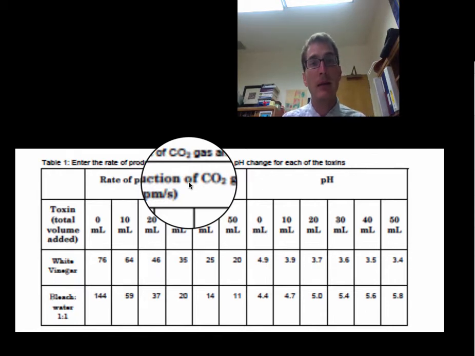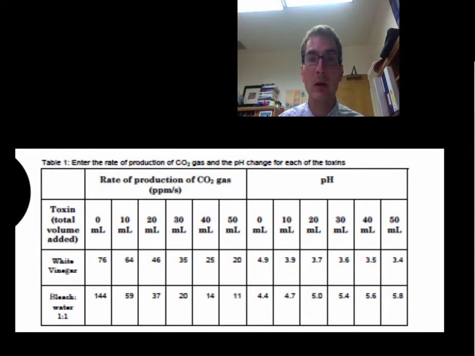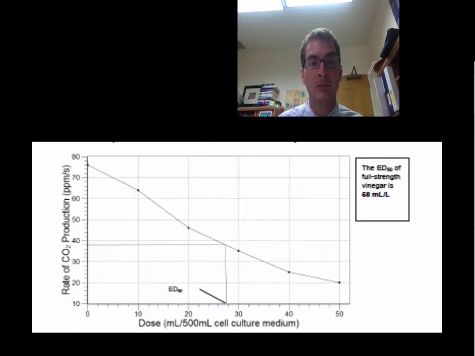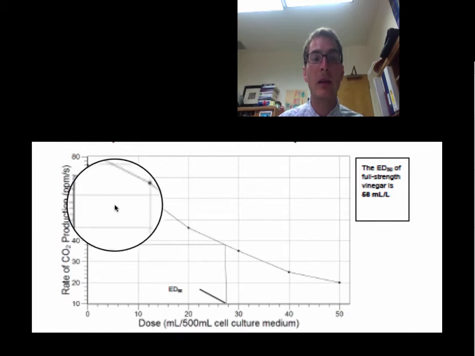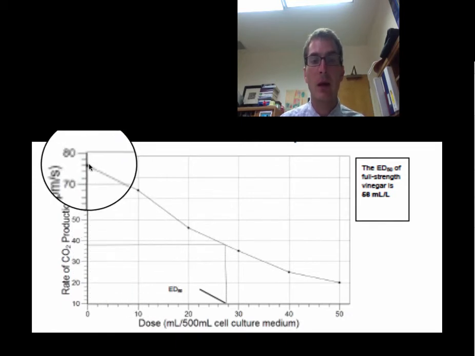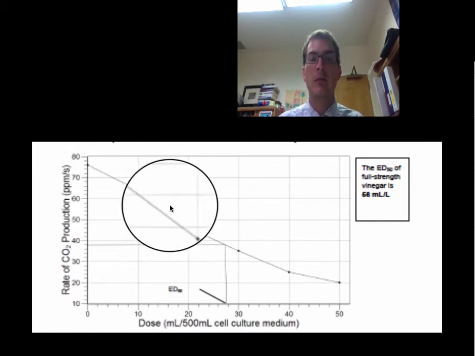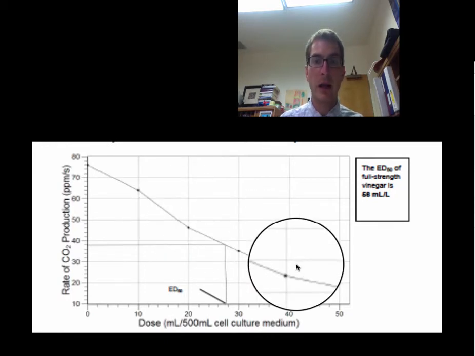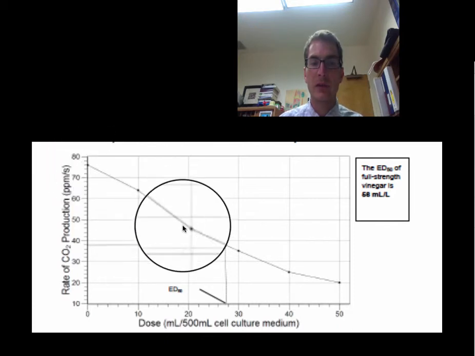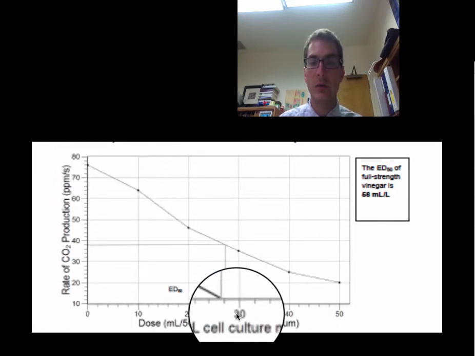Now, the iPads, the SparkView programs that you were using can do this for you, but you'd have to do it. It's also fairly easy to do on your own. I think you should be able to figure out how to convert to your rate of CO2 production, so I'm not going to spend time now going into it. But once you have that, you should graph it like this, and at least hypothetically, the rate of production will go down for both your vinegar and your bleach. So over time it's going down,